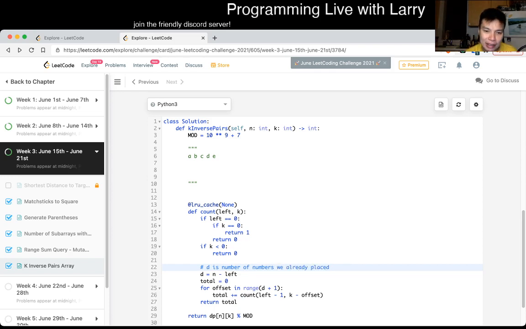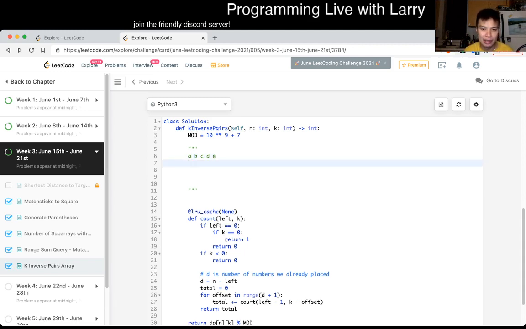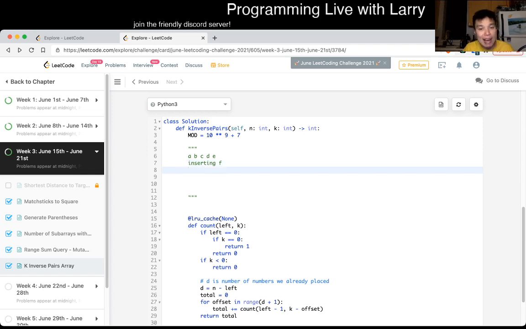And basically the idea is that, okay, now you have a sequence and they could be in any order. So in here there are 5 numbers, or it could be any of the 5 factorial permutations, right? And the thing is that now you're putting in a new number F, inserting F. So then what does that mean? Because F is the largest number that you're inserting, there are only a couple of possibilities, right? Which means that if we insert F here,